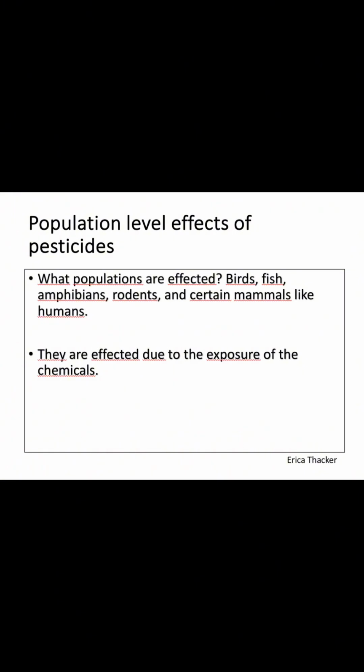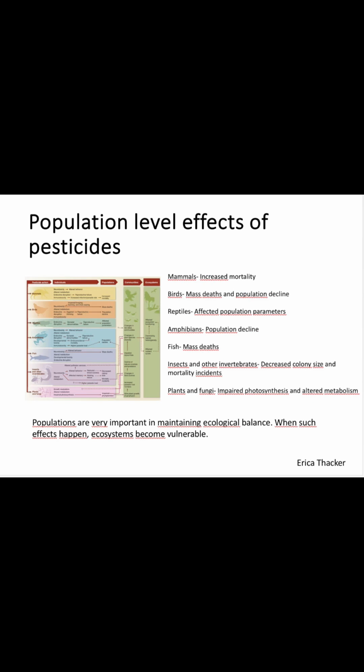Population level effects of pesticides. What populations are affected? Birds, fish, amphibians, rodents, and certain mammals, like humans, are all affected. These populations are affected due to the exposure of the chemicals, and this is either through direct exposure, consumption of contaminated food, or bioaccumulation. So these populations are all affected in different ways, and for example, mammals have increased mortality,